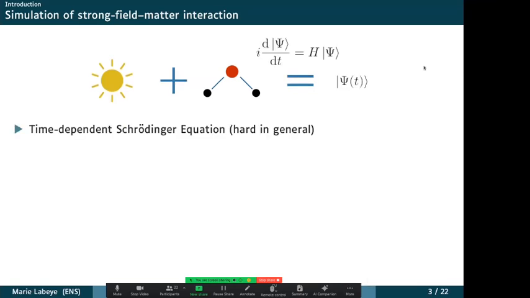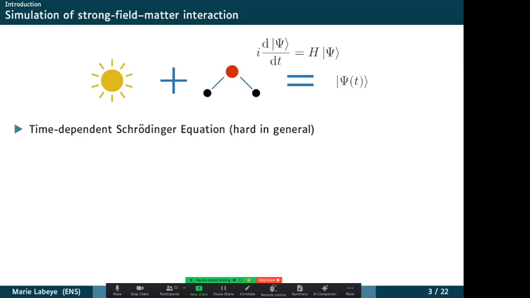Okay, then. So I study interaction of light with matter. Today, and usually, I concentrate on the gas phase. There are a lot of interesting strong field processes happening in the condensed phase, and in particular in the solid phase, and it's a very active field of research too. But I mainly concentrate on the gas phase, so that's what I'll talk about today, and also mostly on non-relativistic interactions. So basically, the equation that I want to solve to understand what's going on is the time-dependent Schrödinger equation.